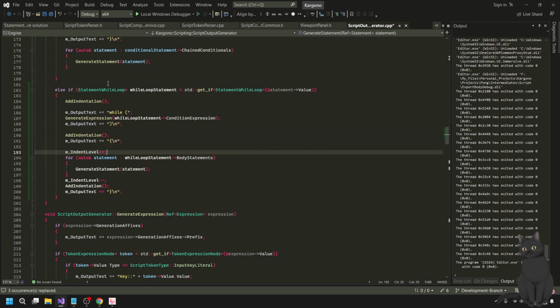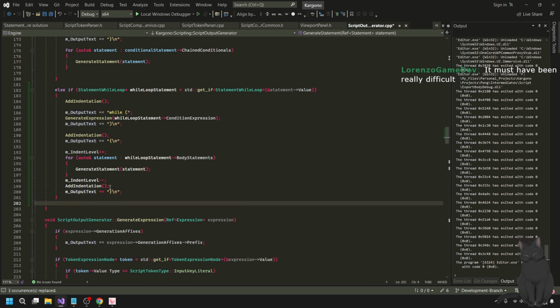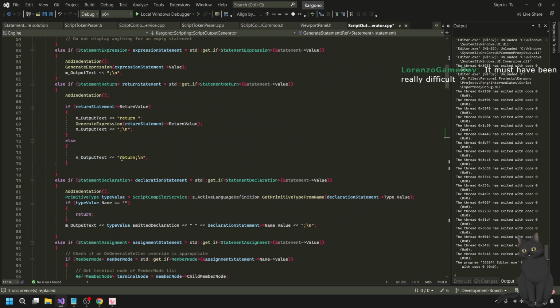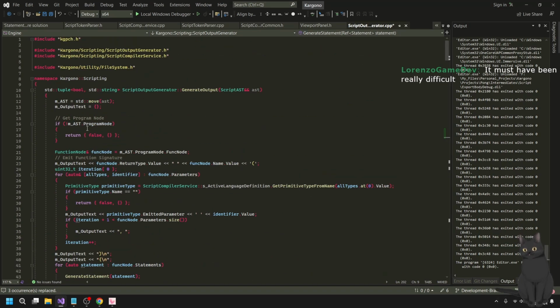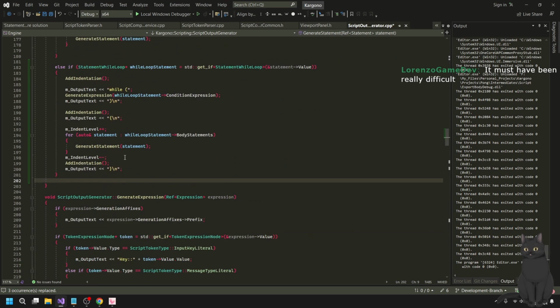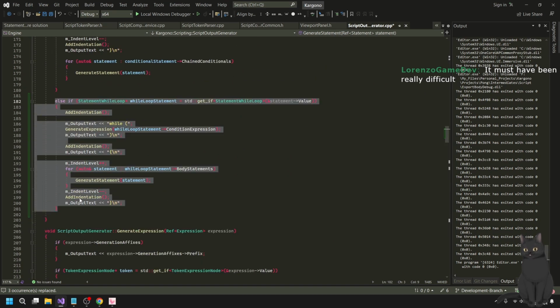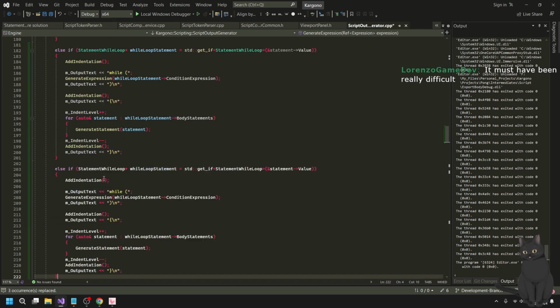So I think this is it for this one. Let me go ahead and generate my other statement. What were the other ones I was generating? So I'm generating the while loop. So this will generate the actual structure for it. The last thing is I need to add break and continue statements. So let me head over to the empty. Oh yeah, I don't even generate empty statements, do I? Sure. Let's see. I guess I have to make it from scratch.